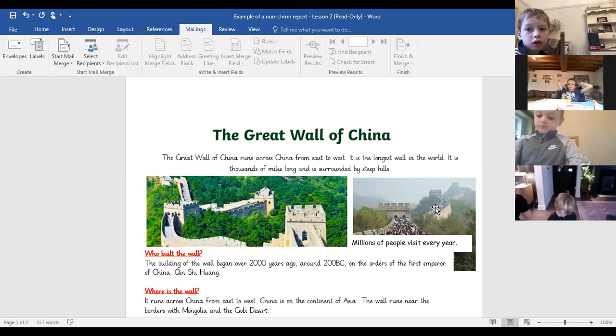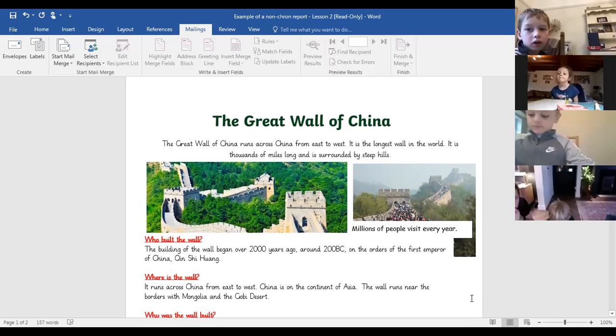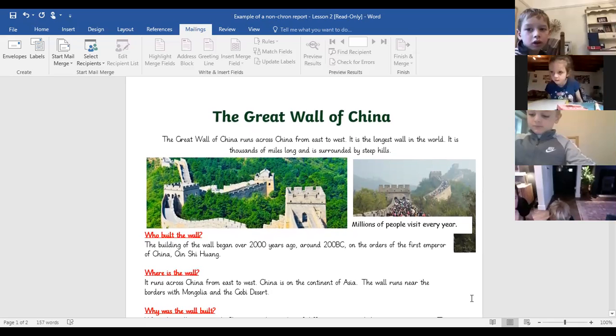So they built the wall under the emperor's instructions, to try and keep them protected. Caleb? And it's protecting the emperor. It is protecting the emperor. Well done, and the people of China. Excellent. So, guys, today we are having a look at a non-chronological report all about the Great Wall of China,